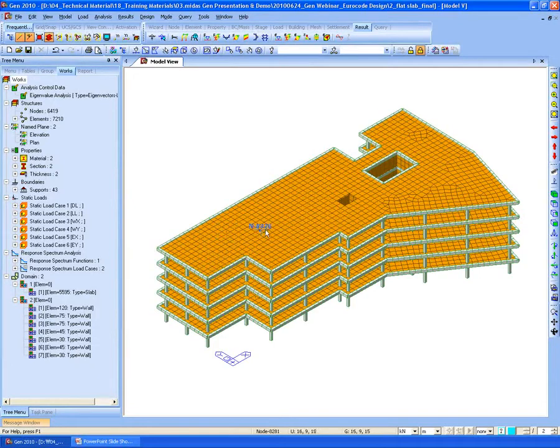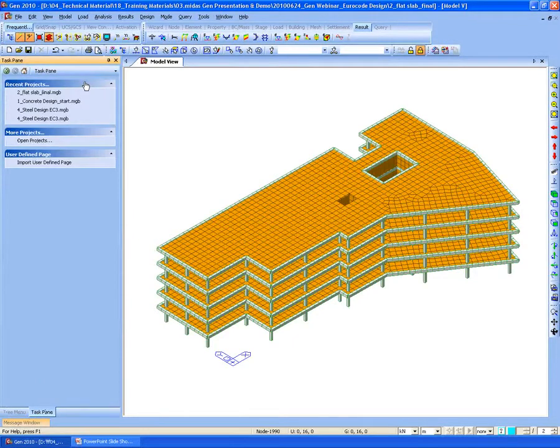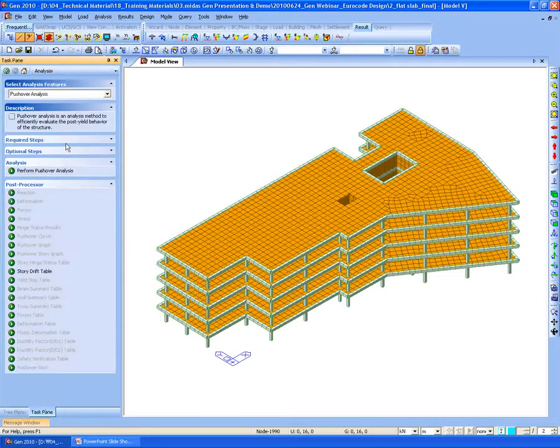This is the building, a 5-story building with meshed plate slabs. Firstly, I would like to show you one useful tool, the task pane. Using the task pane, you can easily perform advanced analysis, and also you can directly enter your own task pane data.